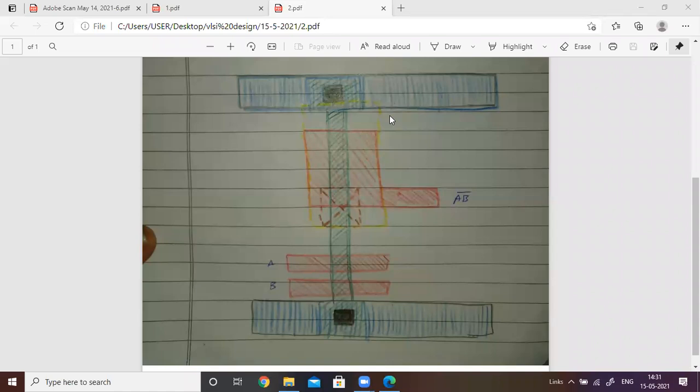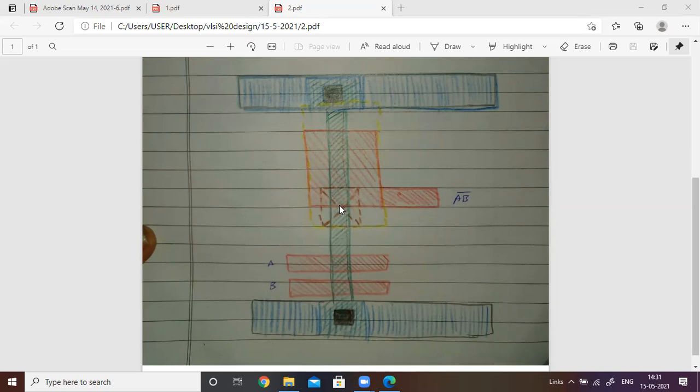And then the implant and the buried contact. We already explained the buried contact. The buried contact is 4 lambda by 4 lambda. Where do we require the buried contact? Whenever the polysilicon is joined with the diffusion, we require a buried contact. This is the boundary of the transistor. From this point, 2 lambda extension. Remember, the buried contact in the diffusion must extend 2 lambda, but other than polysilicon, it extends only 1 lambda. Remember that point.